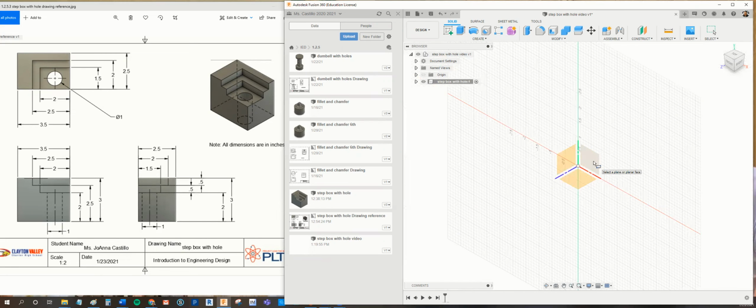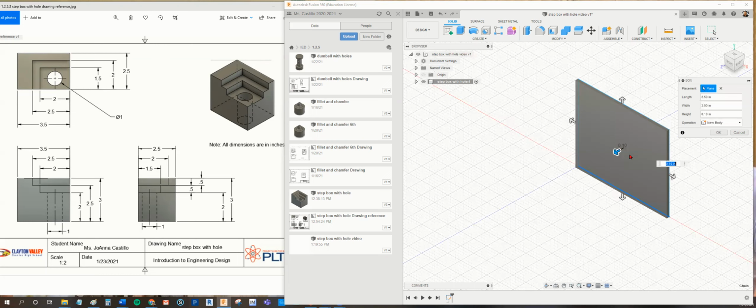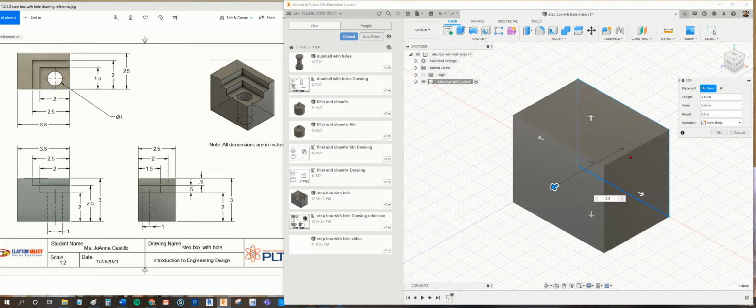All right, I'm going to click on the front plane. Then I'm going to go out just like this. So what did I say? I'm looking at the drawing. It's going to be 3 inches tall, and I'm going to hit tab, 3.5 inches wide. Okay, and let me go ahead and dimension the depth, and then we said it's going to be 2.5